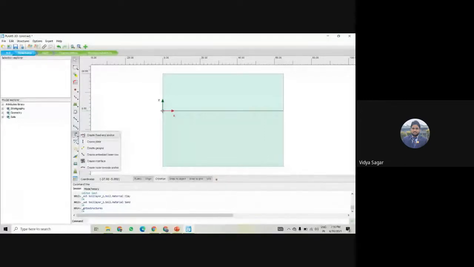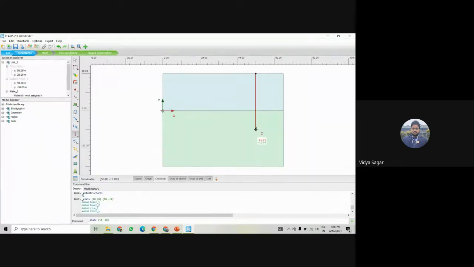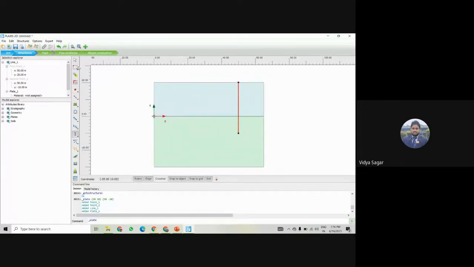Okay, this is the create plate, and the diaphragm wall is from 30 meters from here, and then 15 we can take here, 15, 50 and 20. So this is from here downward side up to 30. So up to 30, this is 20 up to the clay, and then 10 meters the sand. So this is the diaphragm wall. Right, if we right click, this will be deselected. Okay, so this is created.